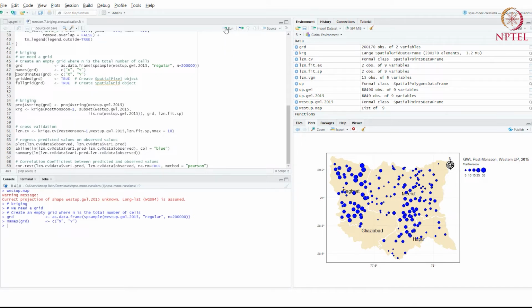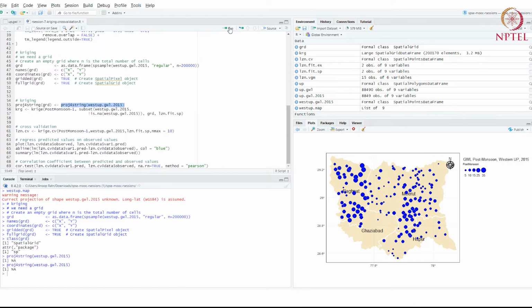We can go through this, and this is the same thing. We need to provide the coordinates, and then at the end of this, we get an object called GRD, which is a spatial grid object. If you say class GRD, it's of type spatial grid. So it's a different kind of spatial data. So far we had spatial points, spatial point data frame. Now you know of a different kind of spatial data. And then we need to project this grid to the same projection system that we had for the wells.